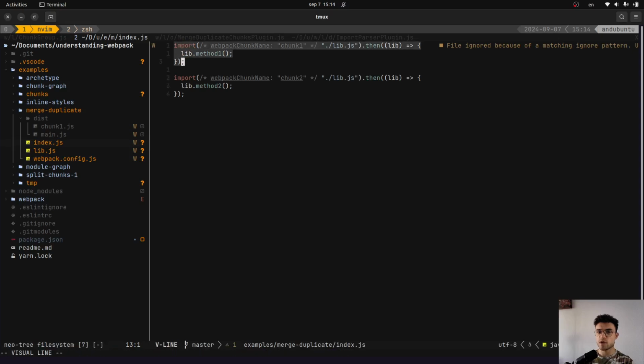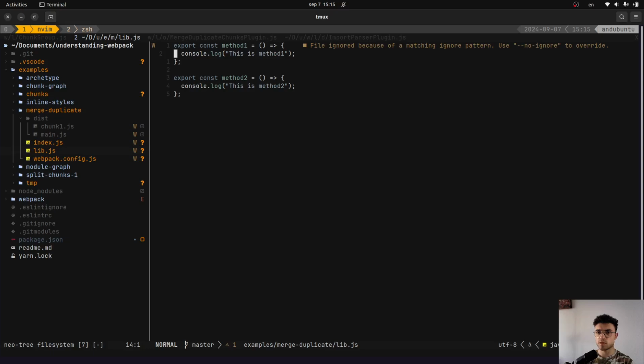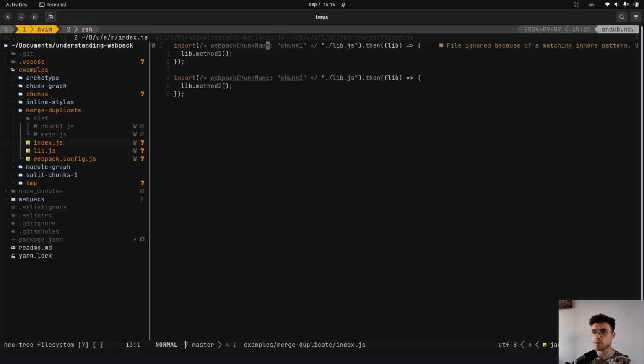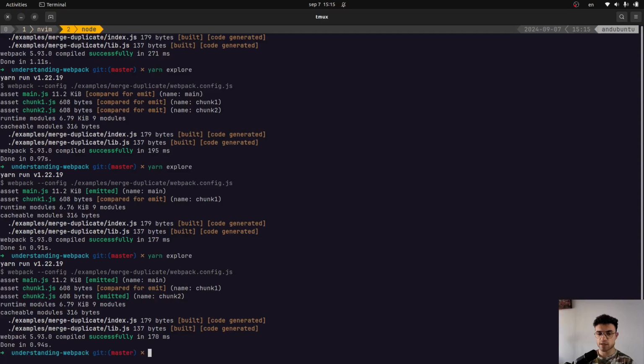and as you see we are importing the same module, which is lib.js, which only exports two different methods, but in index we are importing the same module under two different chunks, because as you see here we are providing the webpack chunk name magic comment, which will define the name of the created chunk. And as a result, if we run this project as is, we should see that we end up with